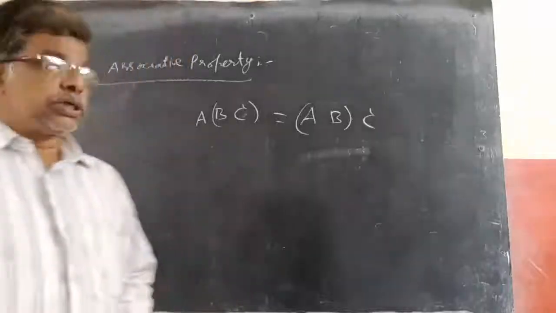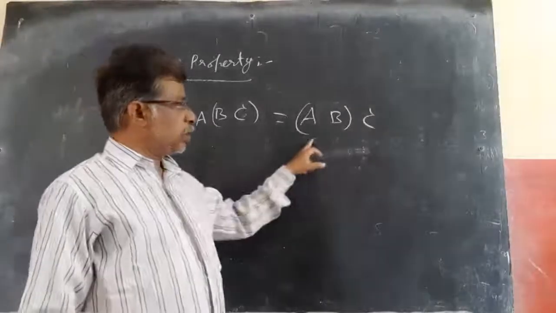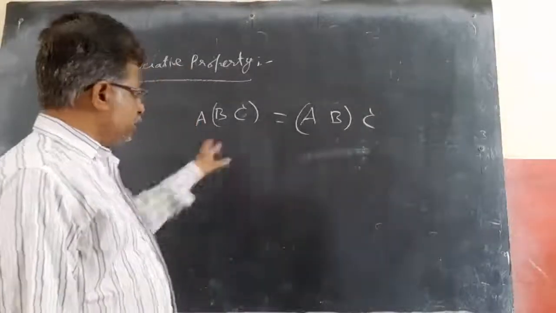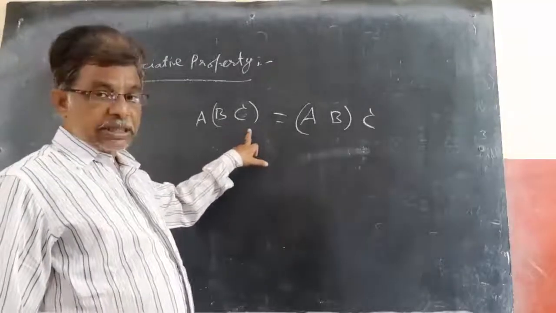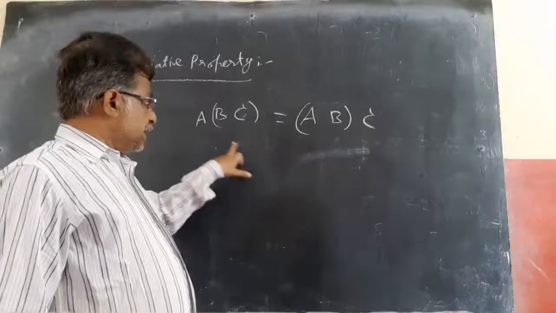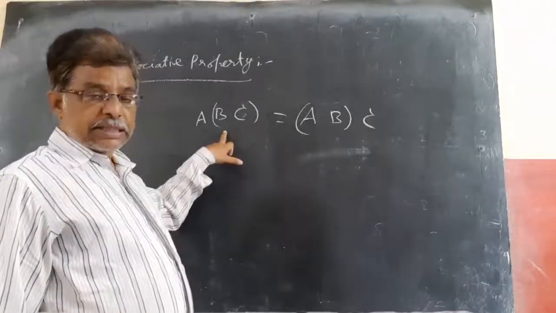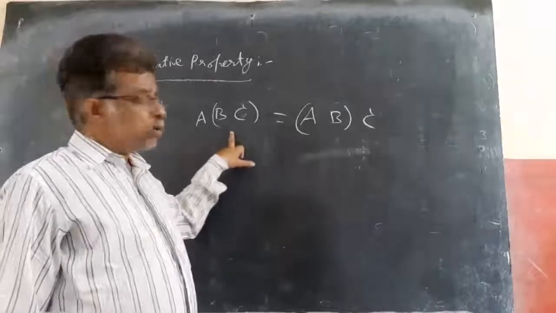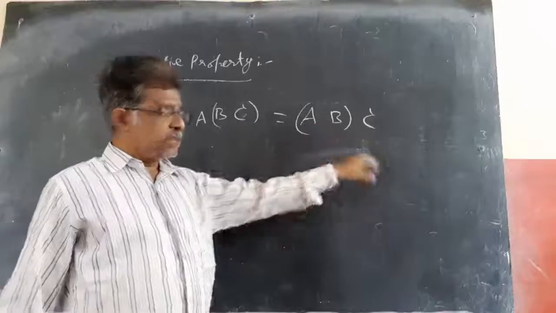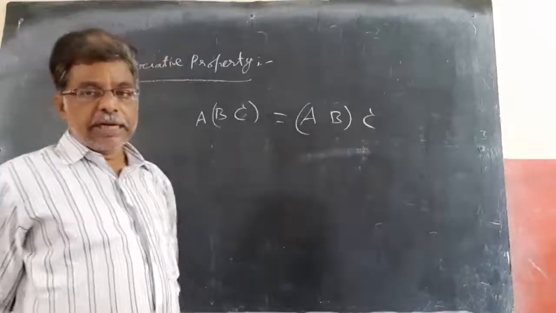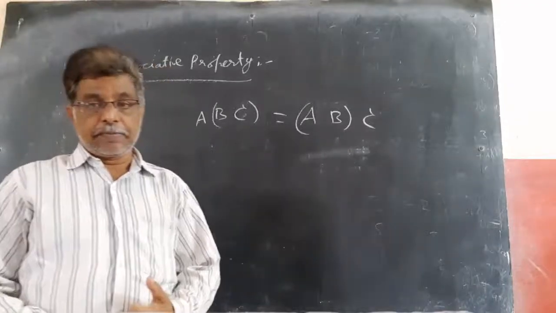Next, the associative property is applicable in matrix multiplication. That means A into BC equals AB into C. Automatically, if these two multiplications are possible, the number of columns in this is equal to the number of rows in this, and then the resultant is this. Automatically, this column is equal to the rows of this. So ABC is possible. So A into BC is always equal to AB into C. Commutative need not be possible, but associative is possible in matrix multiplication.